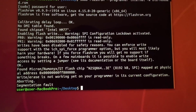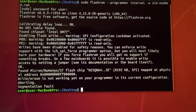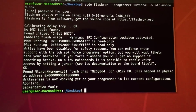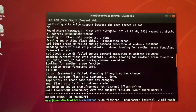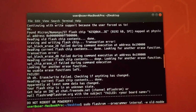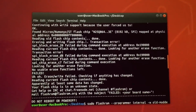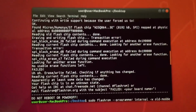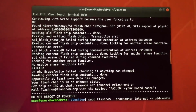Alright, so it looks like my ROM has some sort of lock on it, so I'll have to figure out how to unlock that. And then, hopefully, once I figure that out, we'll be able to flash it and get the system downgraded. Alright, well, unfortunately, as you can see here, the flashing actually failed. I had to force it because apparently this has SPI protection, which I didn't know, and it failed, so that's